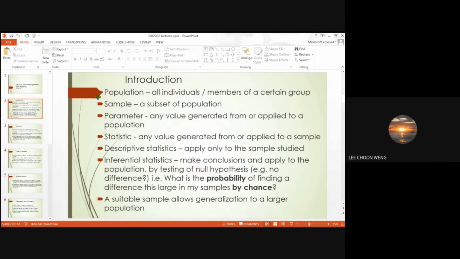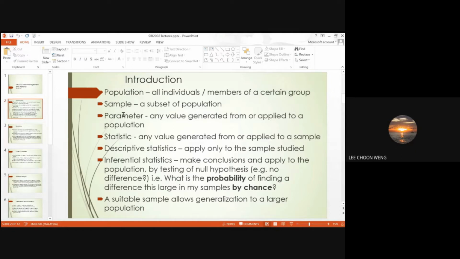Gone through the definitions of population, sample, parameter, statistics, descriptive, and inferential statistics. So mainly descriptive statistics describes the sample that you have, okay? Whereas inferential statistics means you are trying to infer whatever you found in your sample to the population. That's why